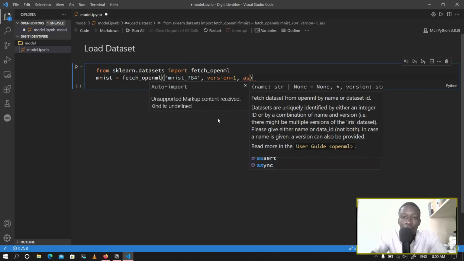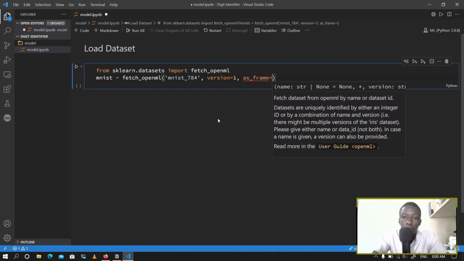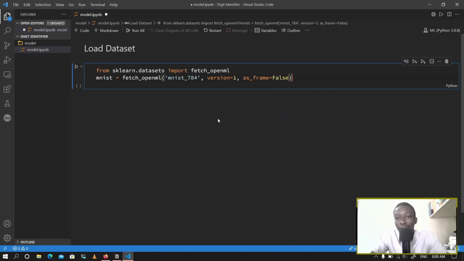Can't you see what is written over it? Anyway, I think it's as_frame. As_frame equals false, and basically I've loaded a data set. So if I do MNIST dot keys,